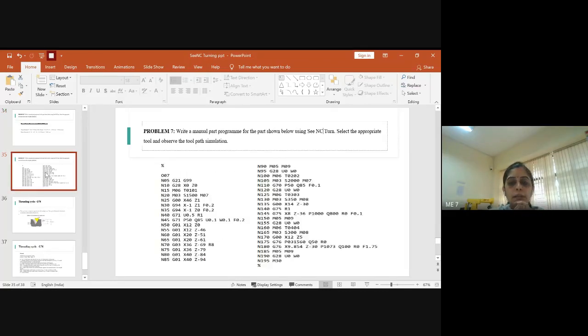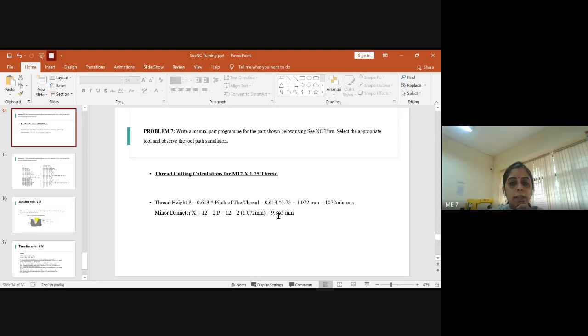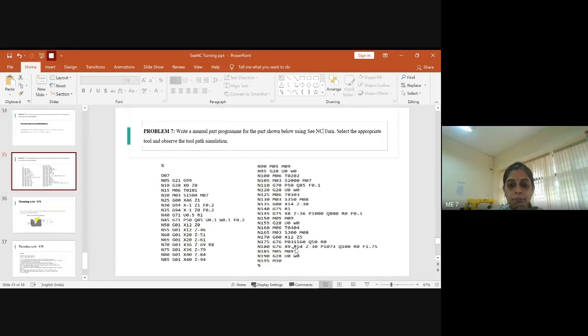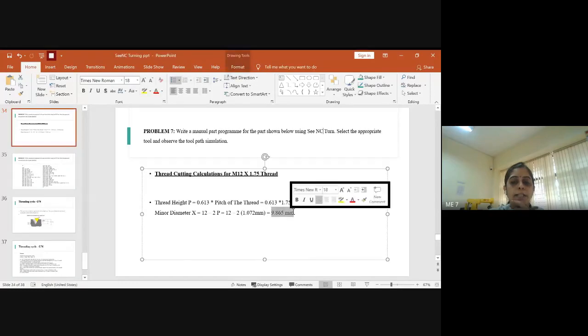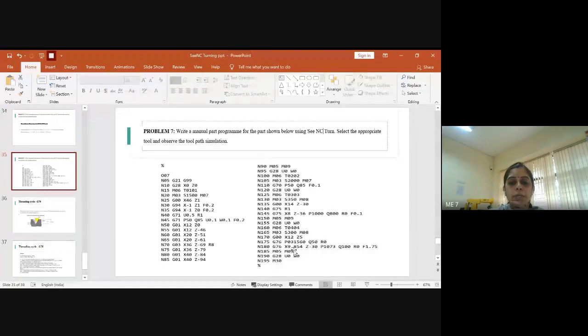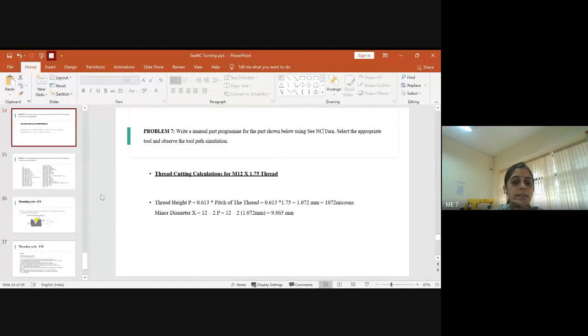So the same thing you should write here, where the value of X is equal to 9.865. The calculated value is 9.865, so kindly type the same thing. I think there is some minor error in the manual. It has been written as 9.854 here, but it is 9.865.